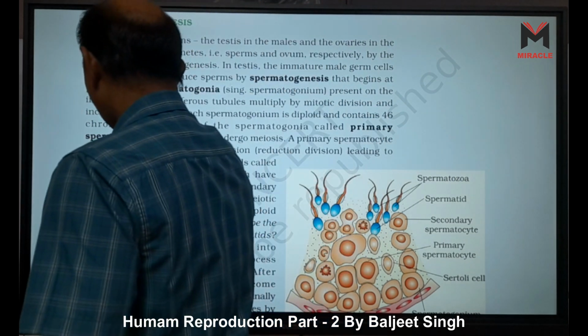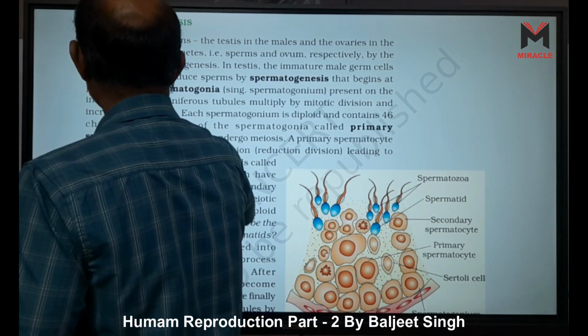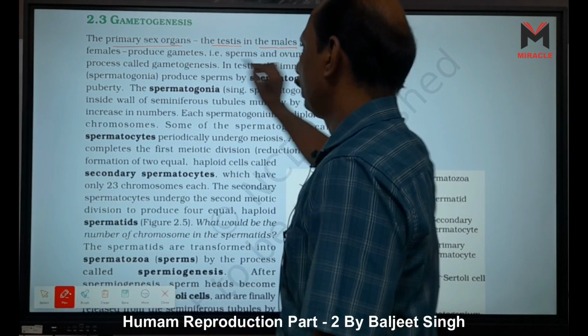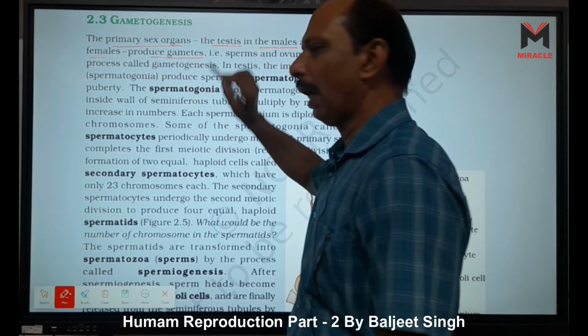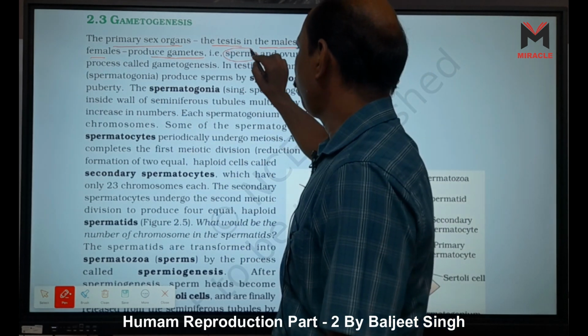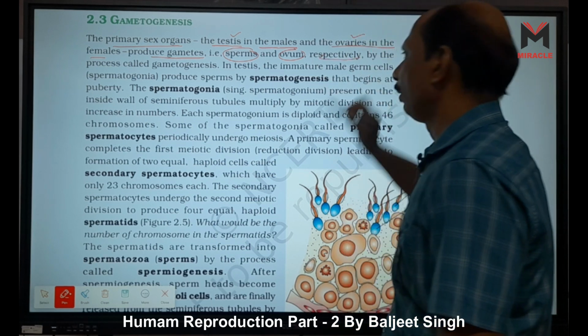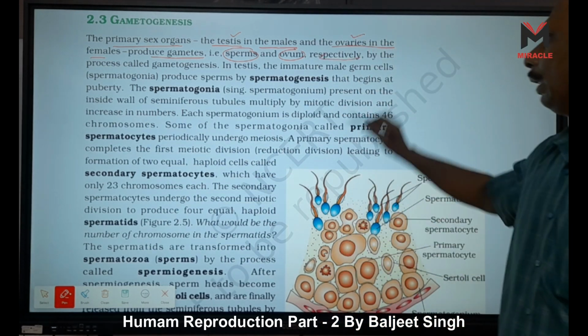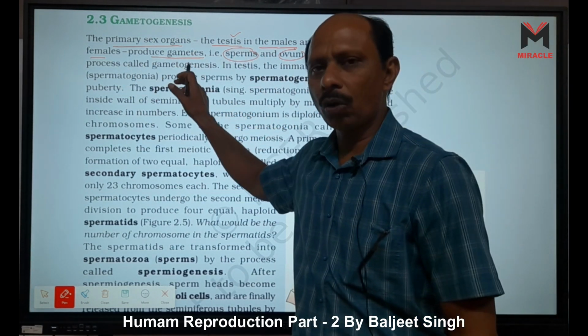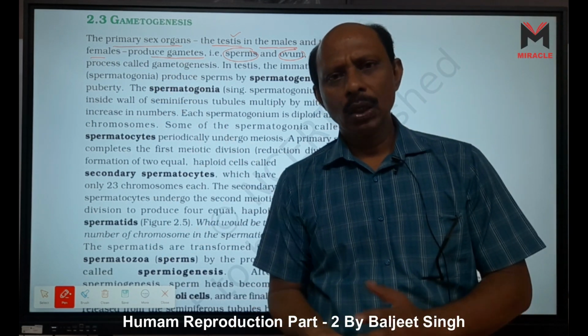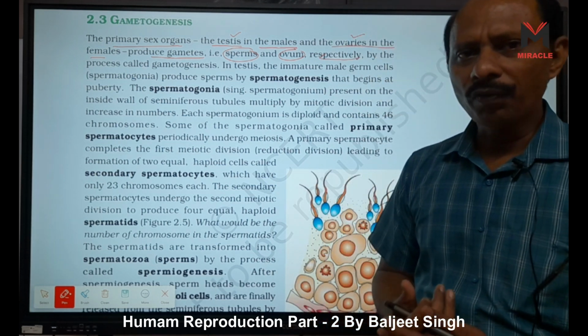The primary sex organs, that is, the testes in the male and the ovaries in the female, produce gametes, for example, sperm from the testis and ovum from the ovaries respectively, right? By the process that is called gametogenesis. That means what is gametogenesis? Production or formation of gametes is called